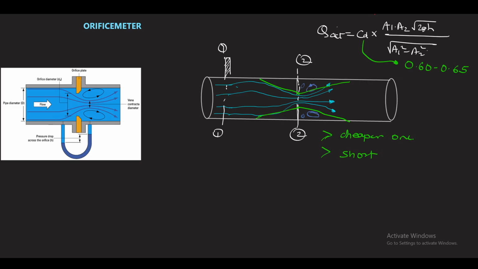It is short as compared to the venturimeter, because in the orifice meter, suppose I draw section 2 here. It consists of a plate. This is a simple plate, and it is concentric with the pipe. Suppose this is the orifice section and this is the plate here. It has a flange for the arrangement of the flange. If this is the pipe, this is section 1 of the pipe, and this is section 2. It is concentric with the pipe.